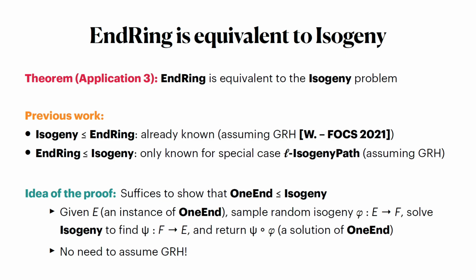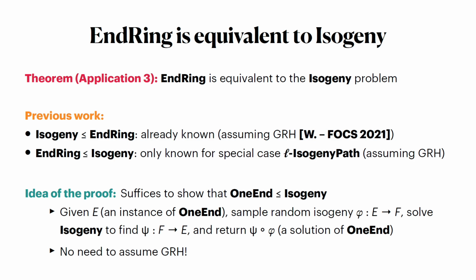And if you compose these, your first random isogeny to F, and then your way back, what you get is an endomorphism of E. And we can prove that whatever the oracle for isogeny is doing, what you're going to get here is, with overwhelming probability, a non-scalar endomorphism, so a solution to end ring. And here we don't even need the generalized Riemann hypothesis like we needed in previous reductions of that kind. So this is a totally unconditional